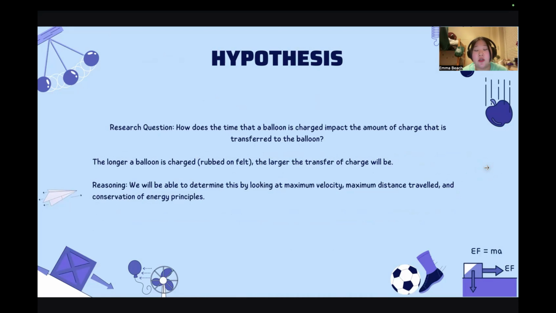Our hypothesis, so the research question we were trying to answer, is how does the time that a balloon is charged impact the amount of charge that is transferred to the balloon? And our hypothesis is that the longer a balloon is charged, so the longer we rub the felt on it, the larger the transfer of charges will be. The reasoning is that we will be able to determine this by looking at maximum velocity, maximum distance traveled, and